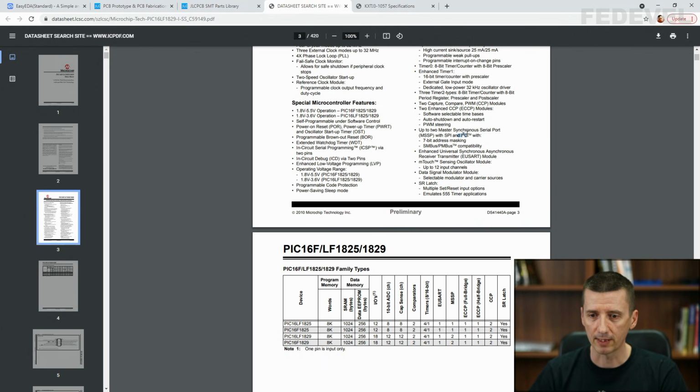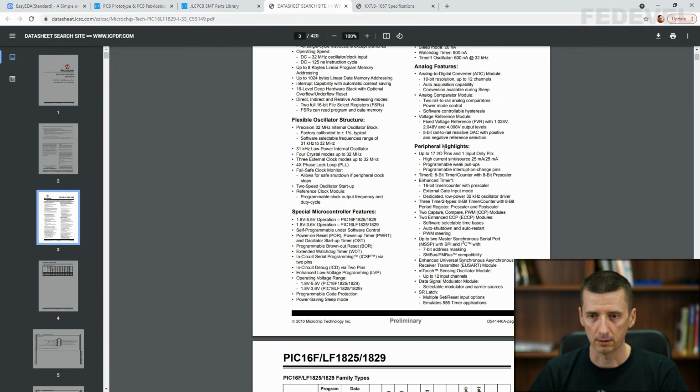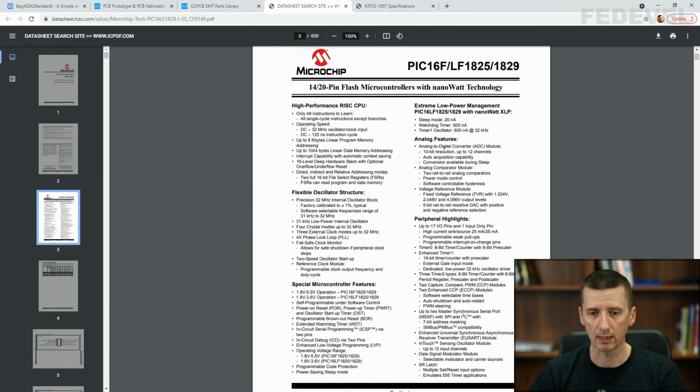And we also need an I2C interface to communicate with the accelerometer. It looks like there is everything what we need.